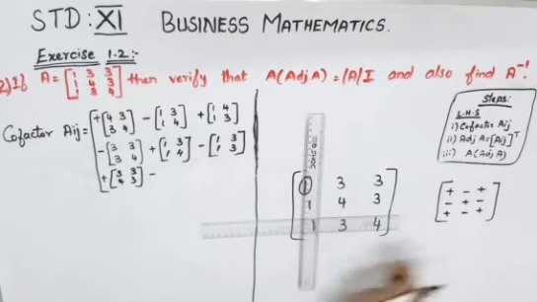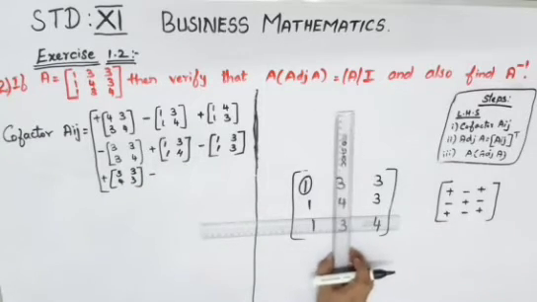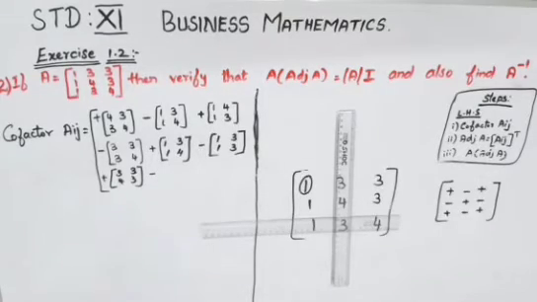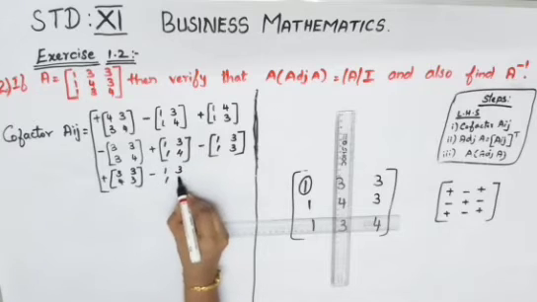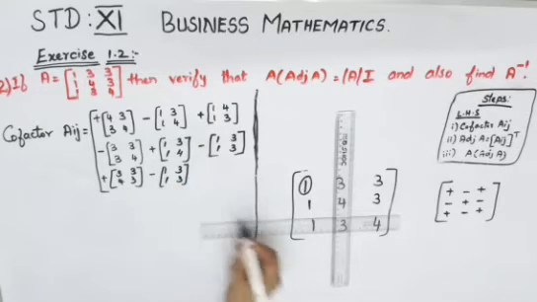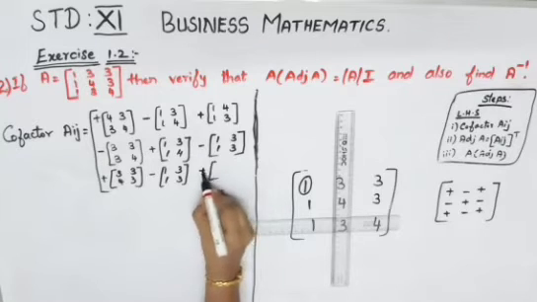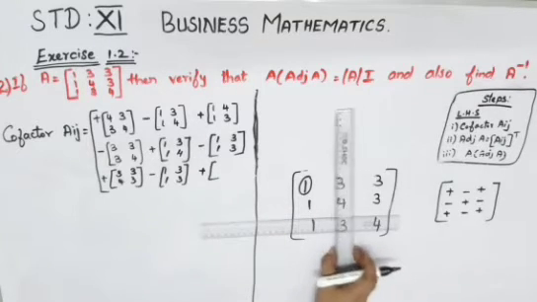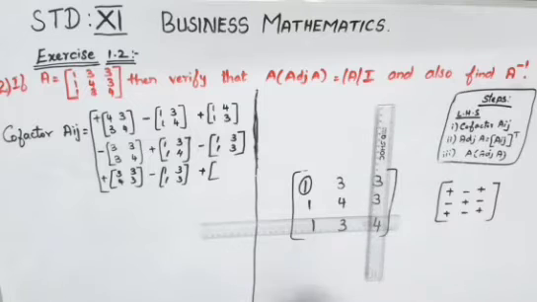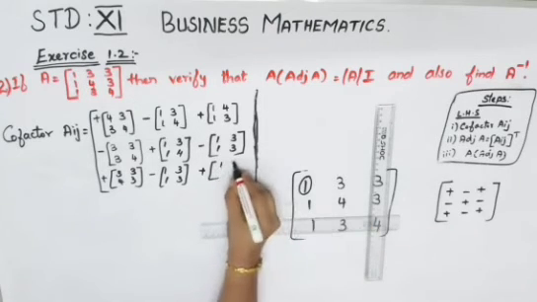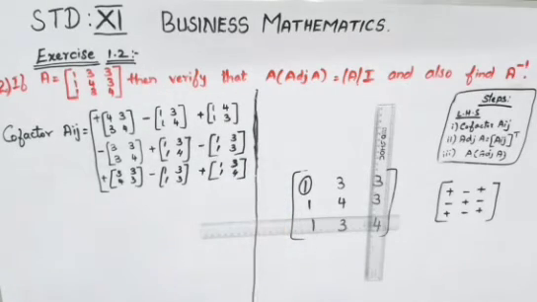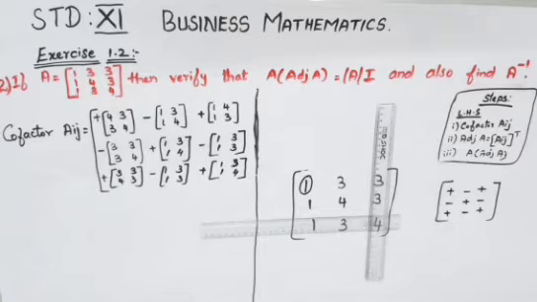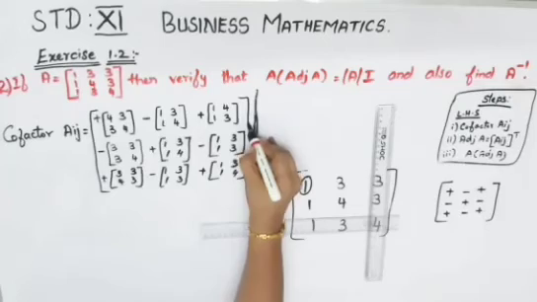The next is minus. Now the second column and third row has to be crossed out. So it is 1, 3, 1, 3. Then the last one is plus. The symbol from here you will have to pick up. Close your third column. So what is left out is 1, 3, 1, 4. So hope it is clear. So you can cross out with your hands also, otherwise you can cross out with your pen or pencil, whatever it is. So here I wanted to show you all, so I am just doing with the scale.